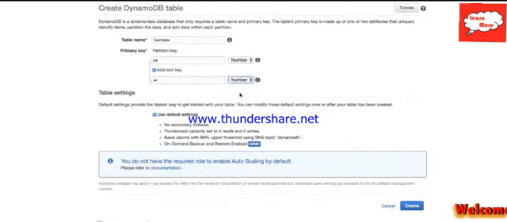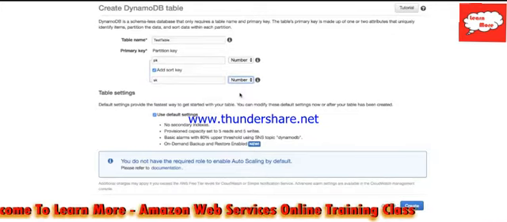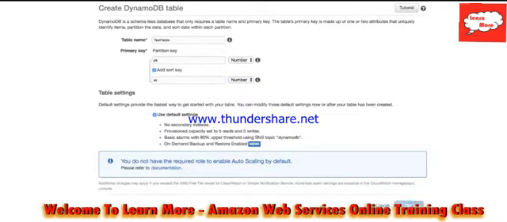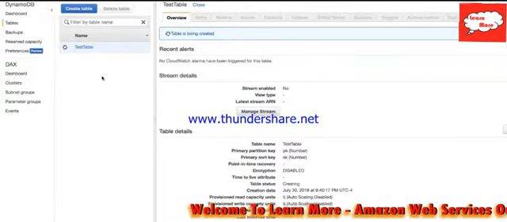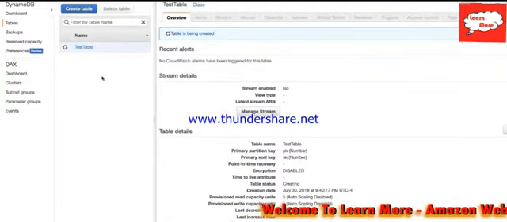So this is just a demo. So basically everything is hard coded. I'm going to click on create. So now we have our test table running, or it's been created, and now the service role create